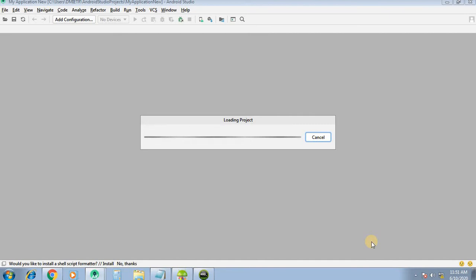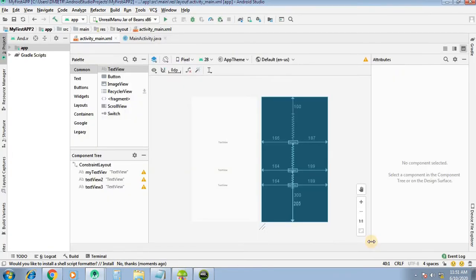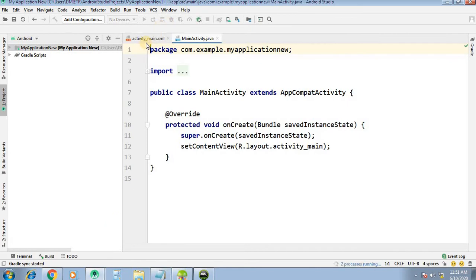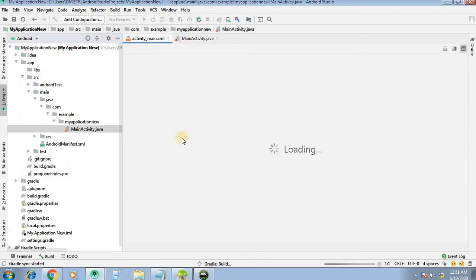Whenever a new project is created, by default a text view is provided. You can see here is a default text view with the hello world text.